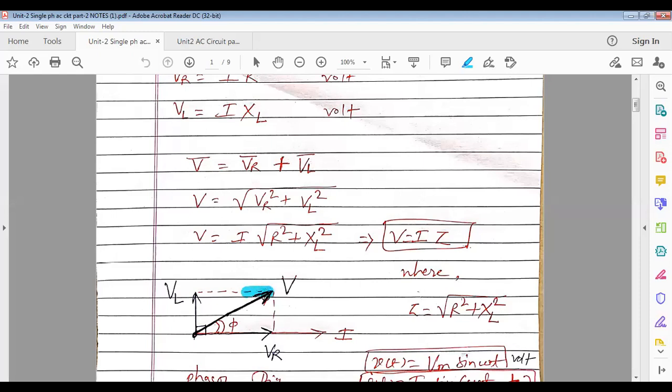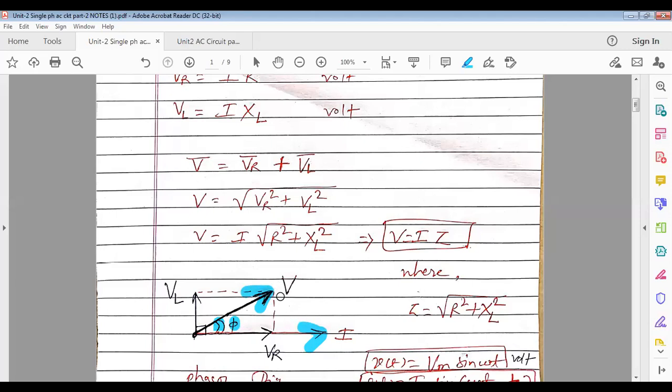Now you can observe here, is there any phase difference between total voltage and total current? In the phasor diagram, do you find any phase difference between total voltage and total current, and what do we represent it by? Phi. Okay, so cosine of this phi will be what? Power factor. Now if you observe this phasor diagram, you can find there is a phase difference between total voltage and total current, and that we denote as phi, which is called the phase angle, the phase difference between total voltage and total current.